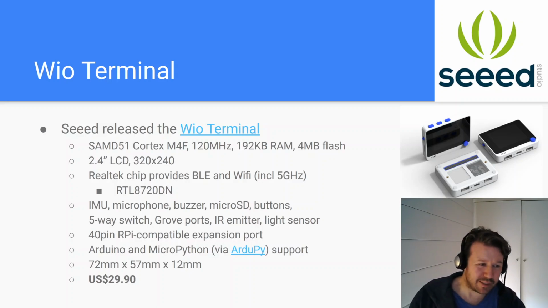We also jammed in an IMU, a pretty cute little joystick kind of button on the front, and a buzzer and a microphone, all this kind of stuff. We've got Grove ports all over the thing. There's a light sensor in there. And on the back of it, they've got like a 40-pin Raspberry Pi compatible expansion port, so you can expand it a bit further. We also announced Arduino and MicroPython support, and we'll talk about the MicroPython support in a